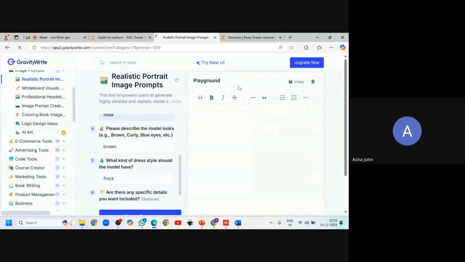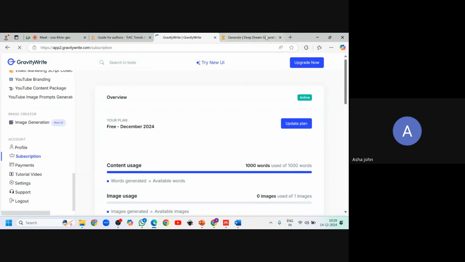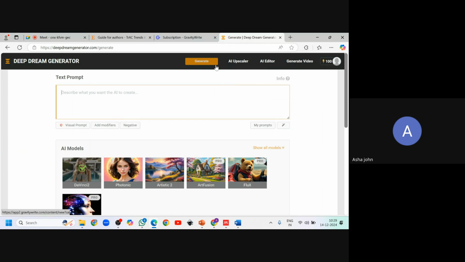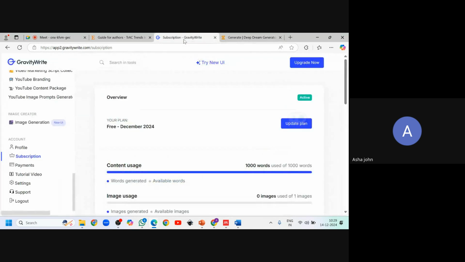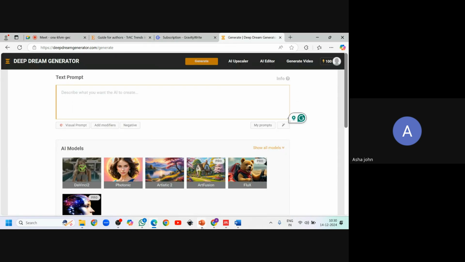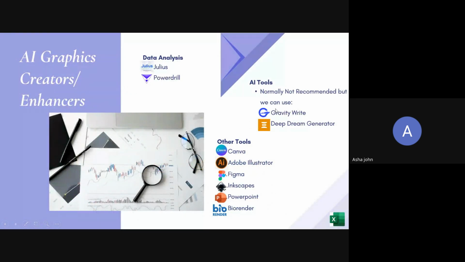When you do this for the first time, you'll be able to create that prompt, and then you just need to paste it here. When you search it, you will get the visual impact image for that. Please try this because I have exceeded my usage, so I'll not be able to show that. Right, so this is one type of graphics that you can use.